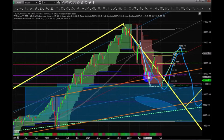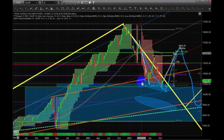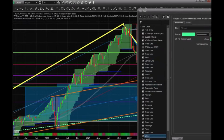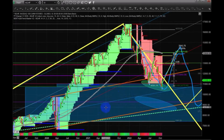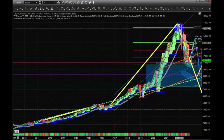So in theory, this C wave here, from roughly here to here, is in Fibonacci structure quite closely related to this downward move, which means that we have a very strong bottoming formation right in this area. So we have this bottoming formation coming in right in here that may end up being a fairly strong bottom for the markets overall, and it may end up being something that drives a real stronger upward trend going forward. And that's where I want you to focus right now, because if we move into a stronger upward trend, a wave 5 trend, as I have been predicting since way back up here near the top, then we are looking at a scenario